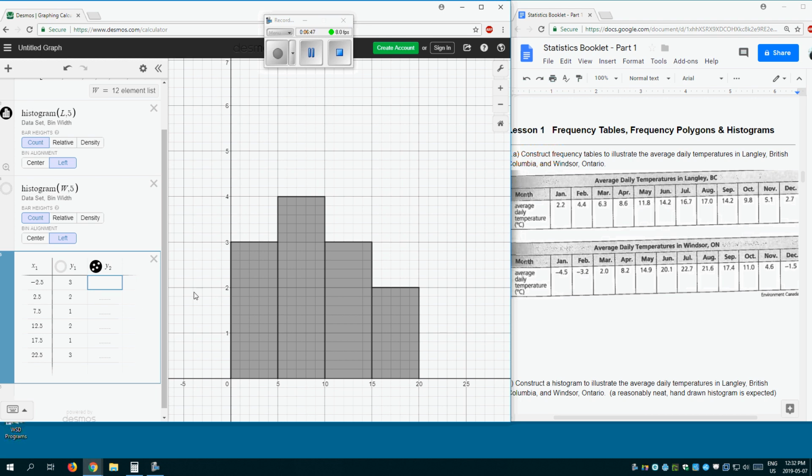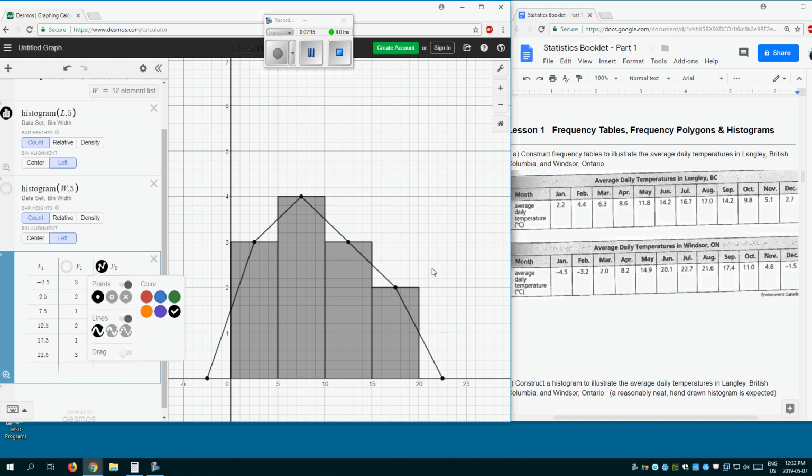Now, in the first interval, -5 to 0, there were no months where the average temperature was in that range. Then we had 3 months. Then we had 4 months, 3 months, and 2 months, and again, no months. So if we wanted to show a frequency polygon, that's how that would look. So this is for Windsor,